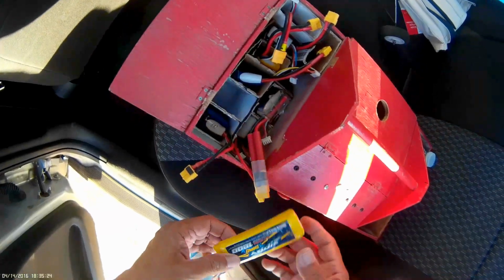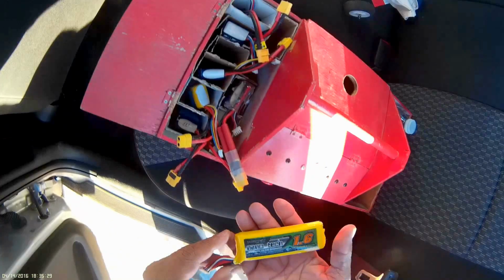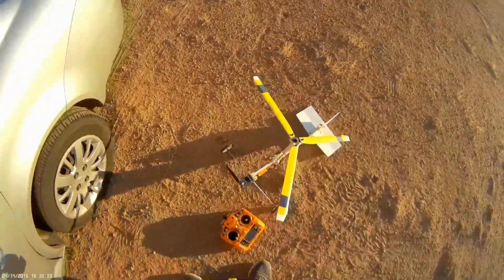All right, let's put one of my trusty ones in. Let's put the trusty 1600 here. This one right here. This one typically flies this beautiful